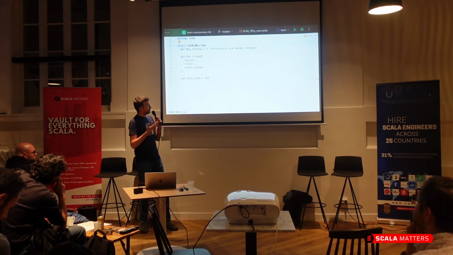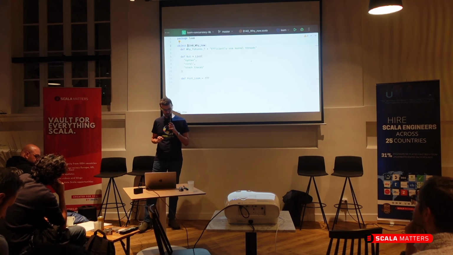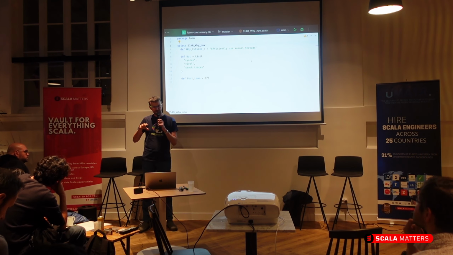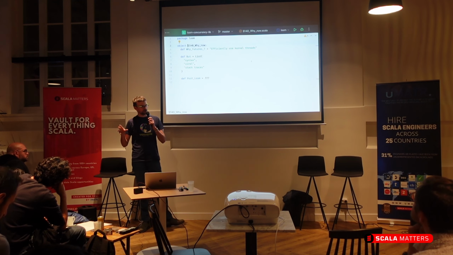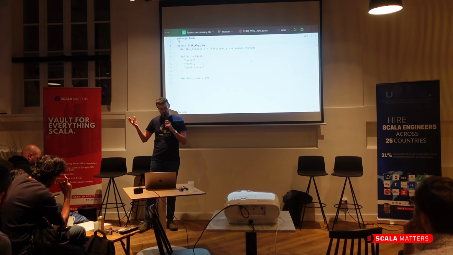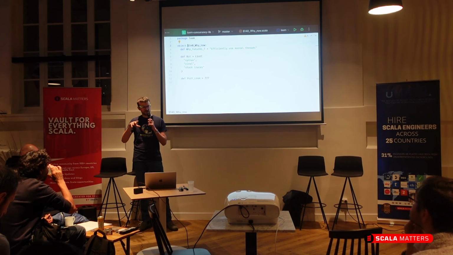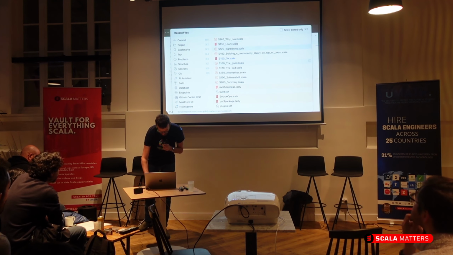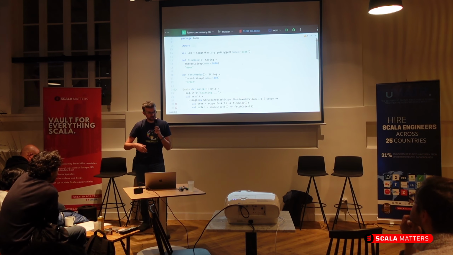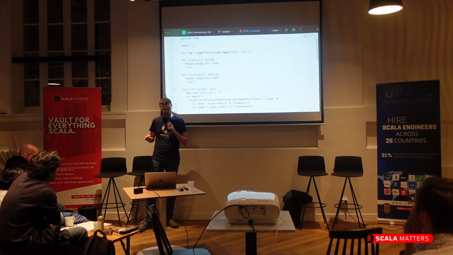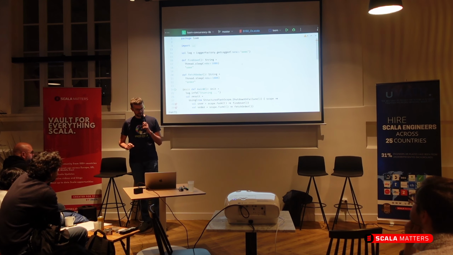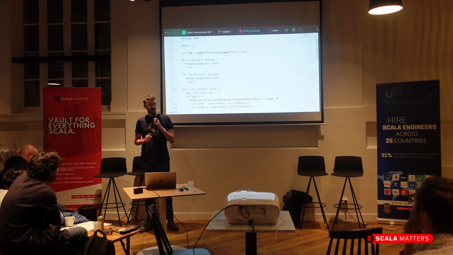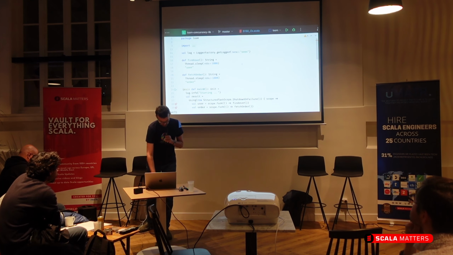So the goal of the project that I'm going to show you is to explore whether there are any benefits left in the purely functional approach that actually make it still beneficial to use it, or maybe we can use synchronous programming once again. And that is the assumption behind the Ox project. It's an open source project which tries to build upon virtual threads and Scala to deliver a programmer-friendly concurrency API. So let's see how it works in practice.